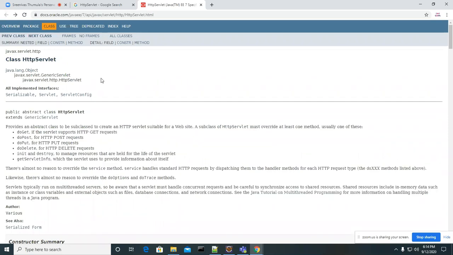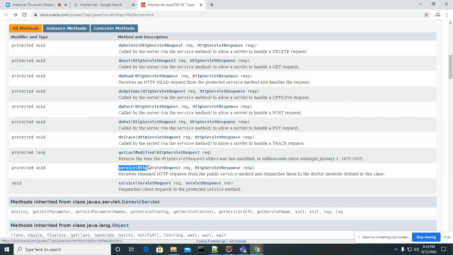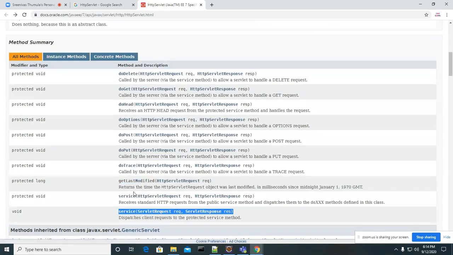So that is the reason they extended that class and implemented HttpServlet. In HttpServlet they implemented some of the methods. Look at this, they implemented the service method, but this service method takes HttpServletRequest and HttpServletResponse. And we have another service method which takes ServletRequest and ServletResponse. Can you see that? So like this, GenericServlet already implemented this method, and again they are overriding this method. You know what override is, right? If we keep the same method in the superclass and subclass.